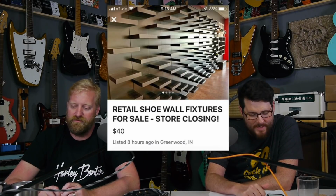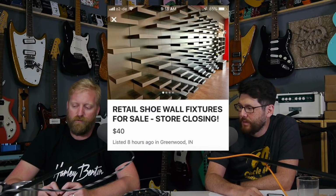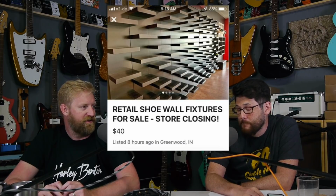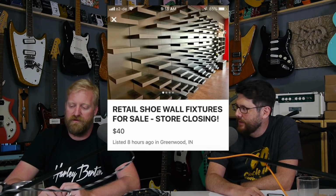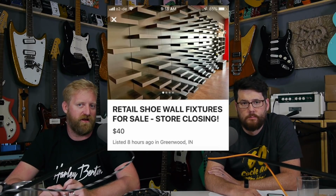Yeah, big box format. So you don't think those shelves are strong enough to hold an amp? I don't know. I wonder if they're strong enough that you could bolt a string swing onto the front of each one of those shelves and hang guitars. I think you could do that. But the other thing with an amp is once you get above like 5 feet, you can't really do anything. I know. Or you could just put this in your gigantic closet that you have for some reason